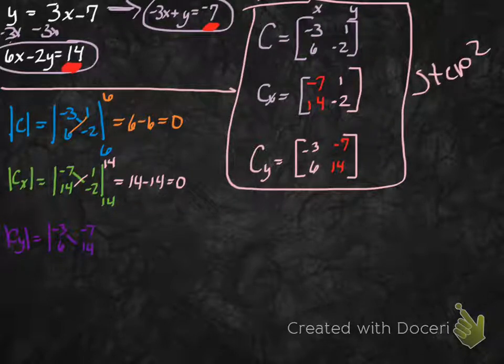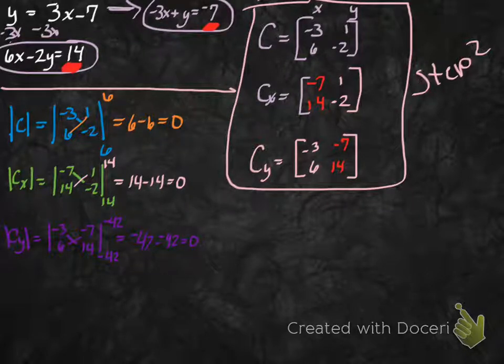So doing my downs, 14 times negative 3 is going to give me negative 42, and my ups are going to be negative 42 as well. When I subtract those, negative 42 minus a negative 42 gives me 0. Okay, so now that I have those,